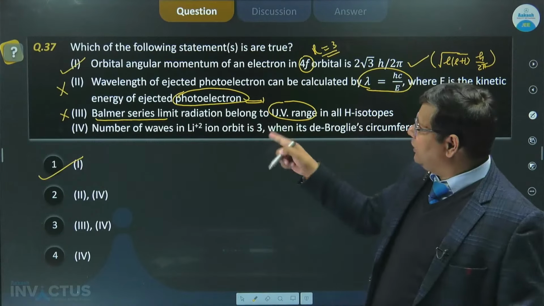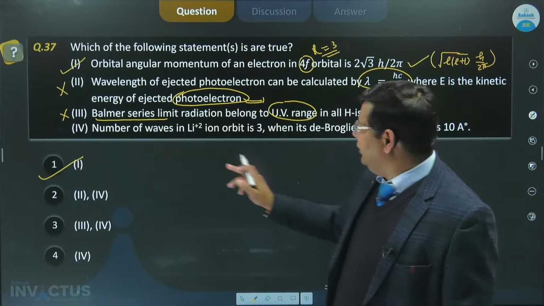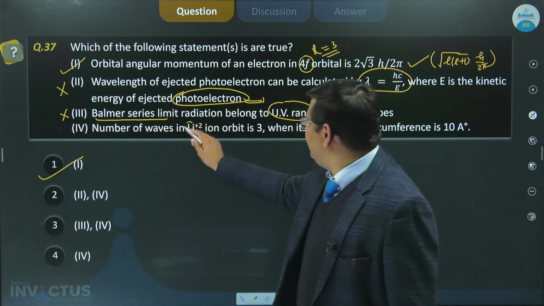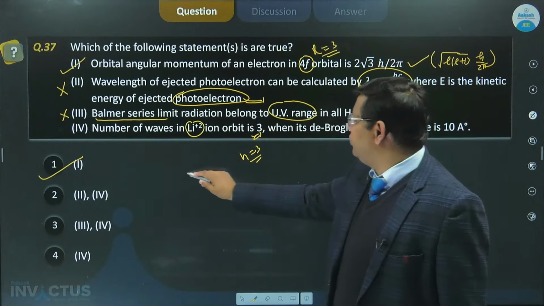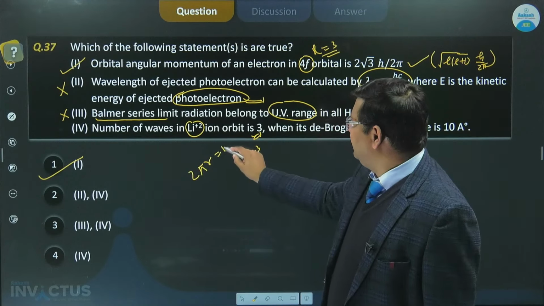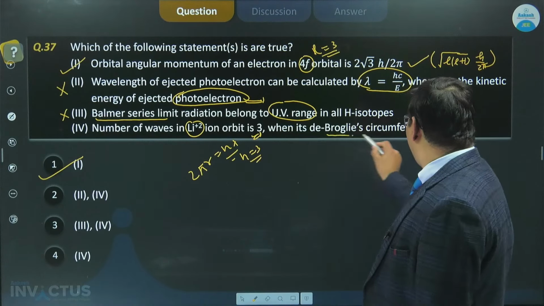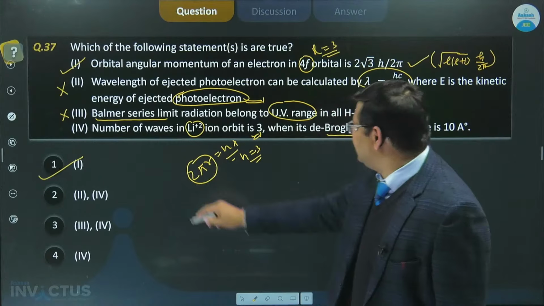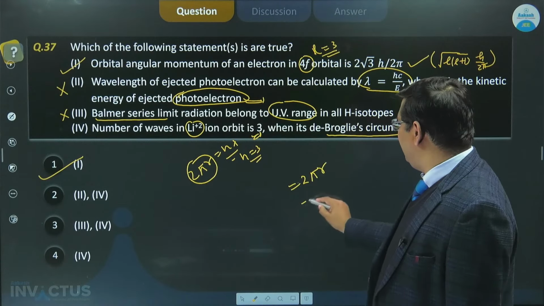तो जो विजिबल रीजन में फॉल करेगा दैट इज बामर रीजन। n की वैल्यू 2 पे ट्रांजिशन आपका होना चाहिए। तो नंबर ऑफ वेव ऑफ Li2+ में n is 3। तो ठीक है, थर्ड ऑर्बिट हो गया, n इक्वल टू 3 पता चल गया बिकॉज 2πr इक्वल टू nλ। वेरी सिंपल, n की वैल्यू 3। अब इट्स डी ब्रॉगली सर्कमफ्रेंस, तो यही तो डी ब्रॉगली सर्कमफ्रेंस है बच्चों। तो डी ब्रॉगली सर्कमफ्रेंस हो गया बच्चों 2πr, और r की वैल्यू रख दो।